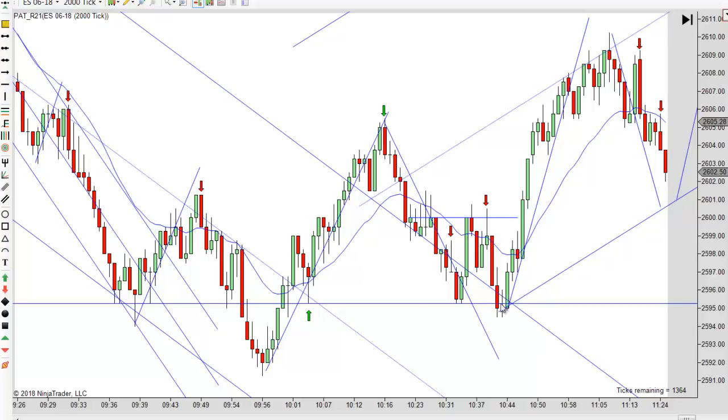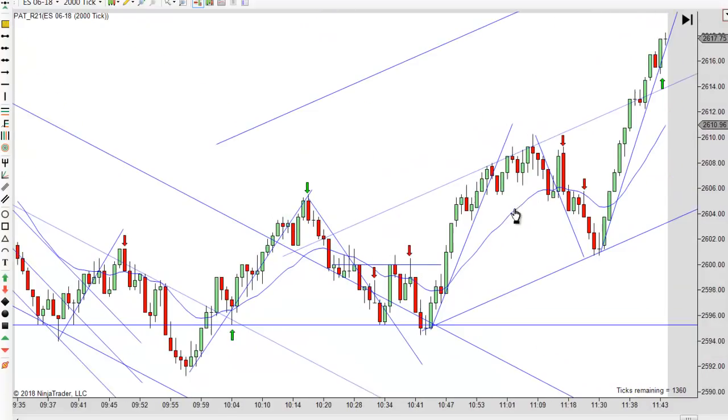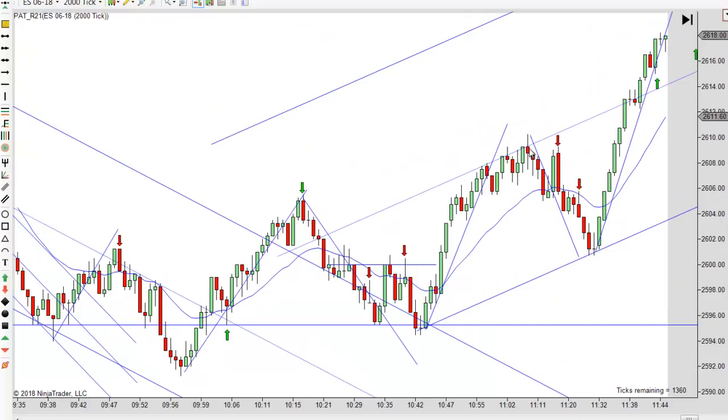But I don't like that signal bar. And it just takes off and it pulls back here, first entry, then there's second entry. But at that point, this looks like the upper side of the channel, and I'm not going long into that. And it wouldn't have worked. You probably would have got burned. I don't think it would have worked. There might be enough to get out there, but I wouldn't take that trade.